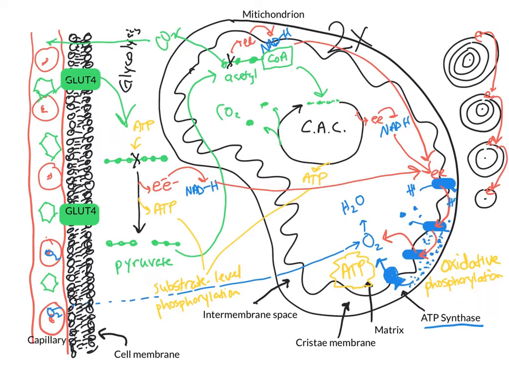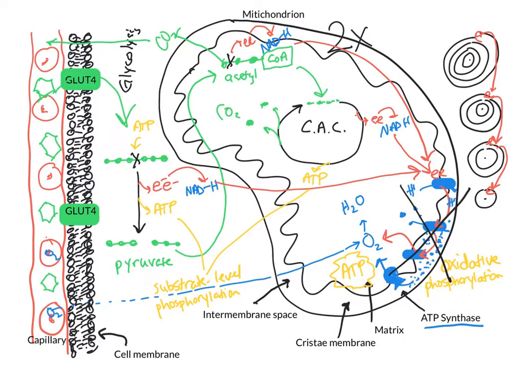Okay, so let's talk about fermentation for a minute. Fermentation happens when there's no oxygen present. So if you notice on this crazy diagram, where was oxygen? Well, it was right here waiting at the bottom of the electron transport chain to receive the electrons down the chain. And so if we don't have oxygen, what happens is the electron transport chain totally shuts down. So this whole part shuts down.